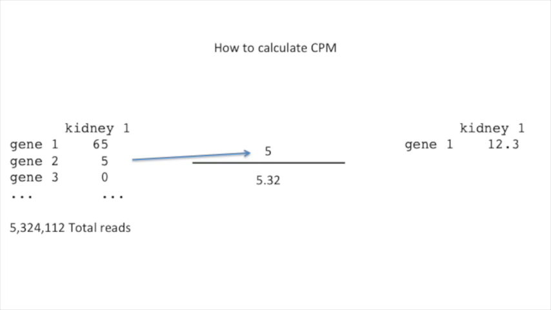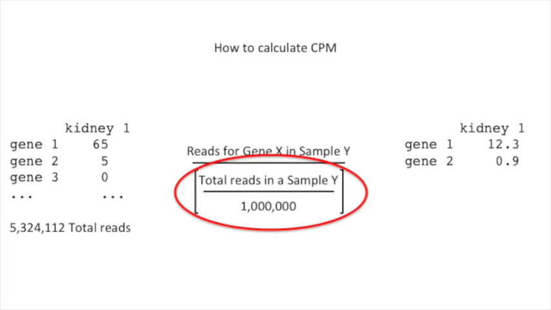Now we plug in 5 for the second gene, and this gives us 0.9 CPM for gene number 2. The reason why we scale the total read counts by 1 million is to keep the denominator from being too large. Otherwise, the resulting CPM values would be these tiny numbers with tons of decimal places, and that's no fun